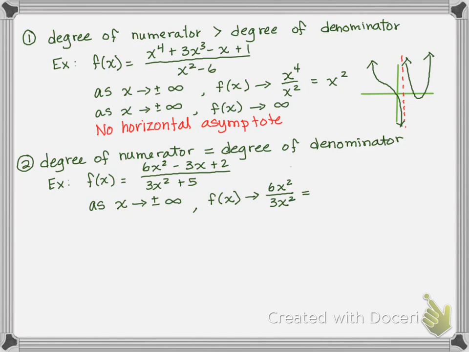2, right? Our variables cancel, and then 6 divided by 3 is 2. So as x gets really, really big or really, really negative, so as we follow the arrow to the right or the arrow to the left, my function, my y value, approaches 2, which is exactly what it means to have a horizontal asymptote, is that as you move to the right and left, your y value approaches a specific number. So our horizontal asymptote